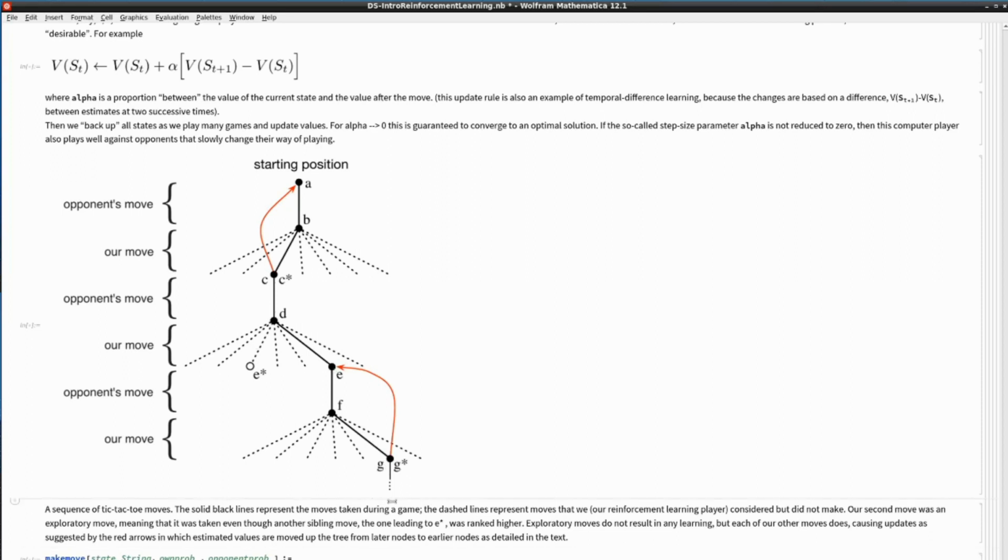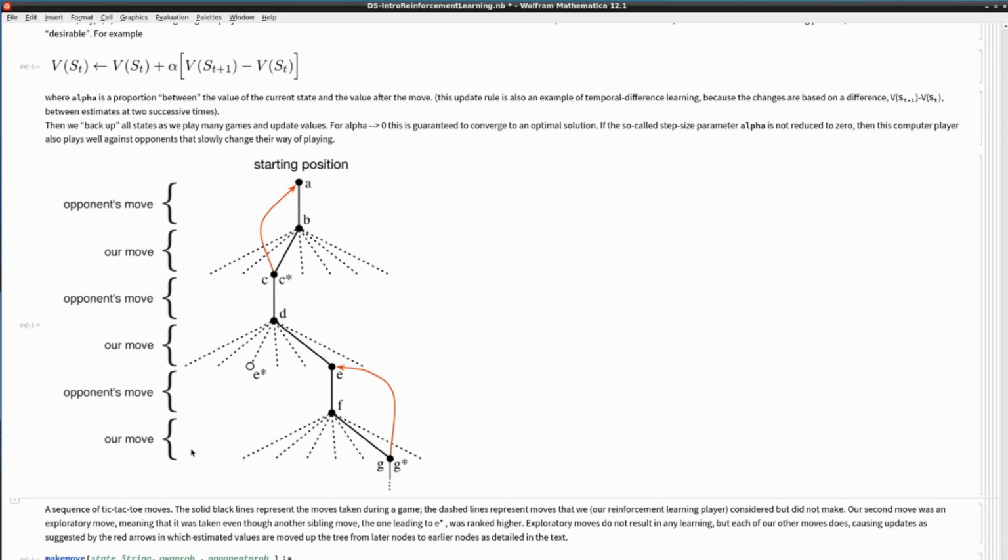But then again, the opponent makes his move, straight line E to F, and then in our next move, we are again making an optimal move. Our G is going to be G star. G star is the optimal solution. We pick it, so it's time for an update. So E gets updated based on G. All right, so we have two cases where we have an optimal move and one where instead we choose to